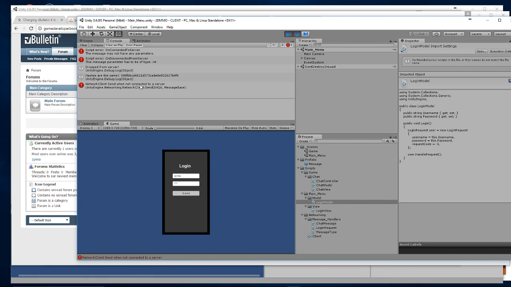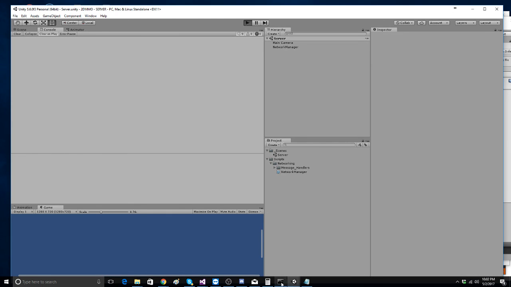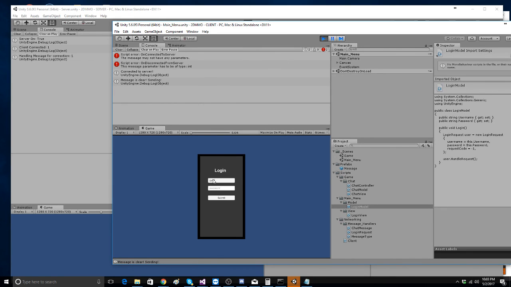So Xana, and we're going to do a fake password. Network client send when not connected to a server. Whoops. I shut the server off. There we go. Alright, now we're connected. Let's go ahead and log in with Xana and test. Xana, test. Alright, you've entered an invalid username or password. If I do the actual password,